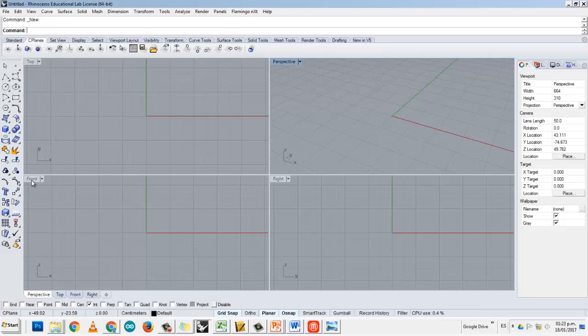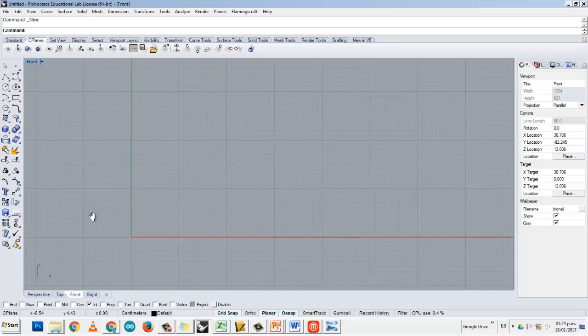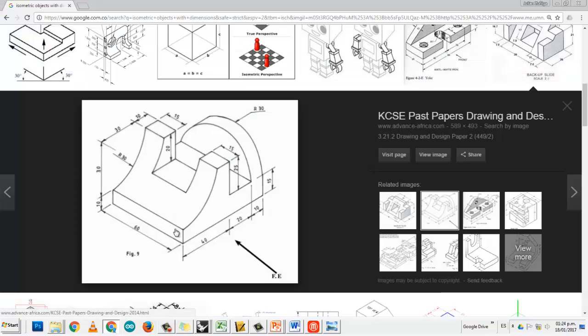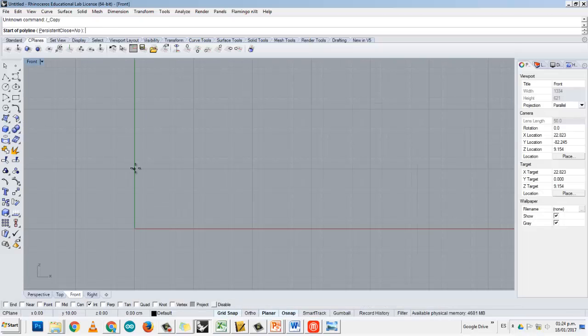Okay, so on the front view, I'm going to maximize my front view, and I'm going to start creating my mesh. I'm going to start right here. So I need to go down 10. So this point right over here is going to be right on this one. So in this tutorial, I'm going to use exact measurements. So I know it's 10. So I'm going to click on the command line,